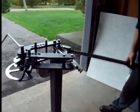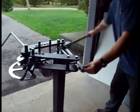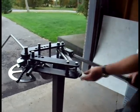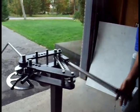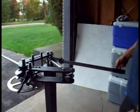Now, depending on the degree of bend you wish to make in the tube, eventually as you work your way down the rack, you're going to reach the end of the rack. And that's when you have to reset the pivot arms to continue bending further. I'll demonstrate that now. So I've reached the end of the rack. Before I release the pressure entirely, keep a little pressure on the handle,